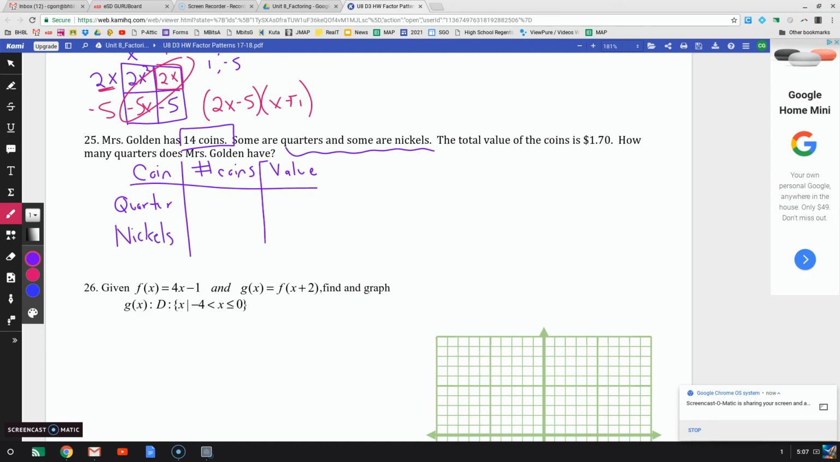Now, the challenge is, how do I know I'm always going to get 14 coins? So what I'm going to do is I'm going to call one of these terms x, and in order to have them always add up to 14, I'm going to call the other term 14 minus x. Now, these could be switched around. They'll still get the same answer, no problem. When I get to my value column, I'm going to multiply 25 cents times my x. For my nickels, 5 times my quantity. Now I need to take these and I need to add them to 170 cents. So finish that problem on your own, and I will see you